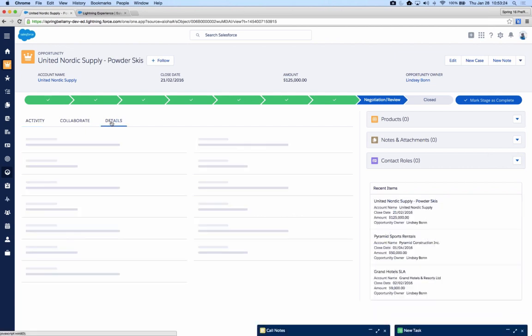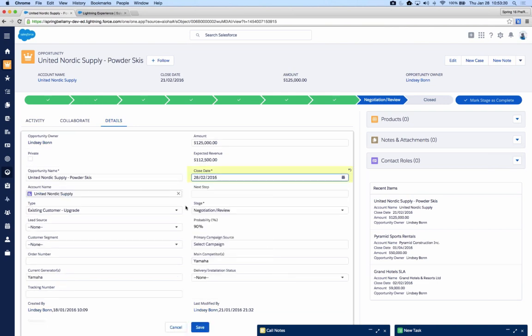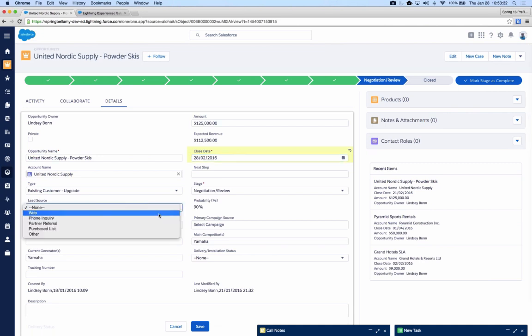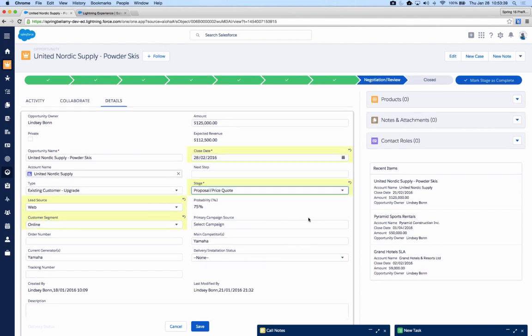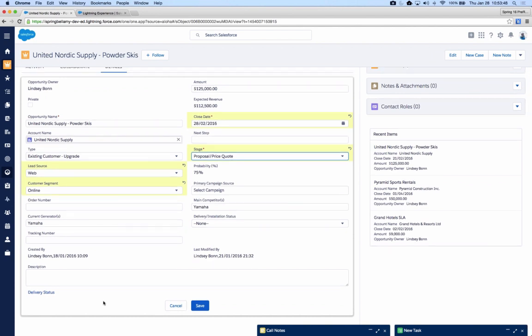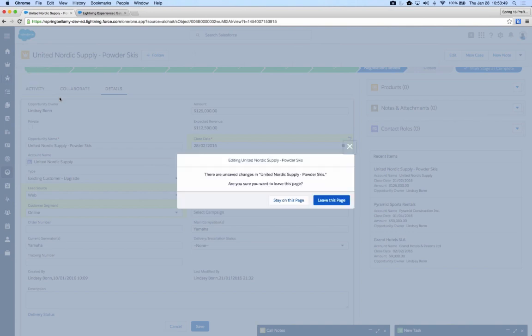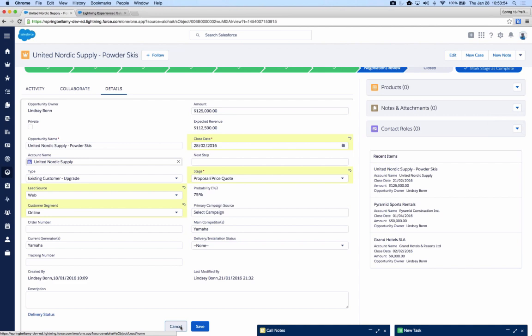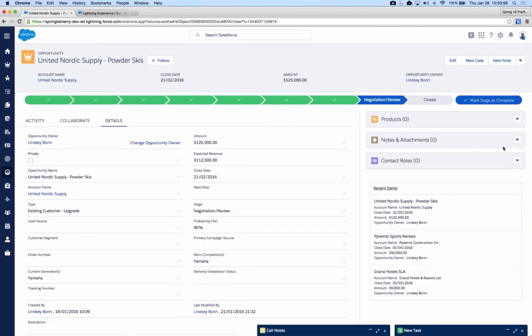And then also one thing that we heard you wanted was the ability to do inline editing. So in our details page here, we have our inline editing where we can access all of the various fields without double clicking. And one thing that I definitely liked, because sometimes you're writing big complex notes or updating a lot of fields and we do get distracted: if your user tries to go back to another tab, they'll get the prompt to stay on this page because you have unsaved changes. So again, just increasing some of the usability pieces for your end users.